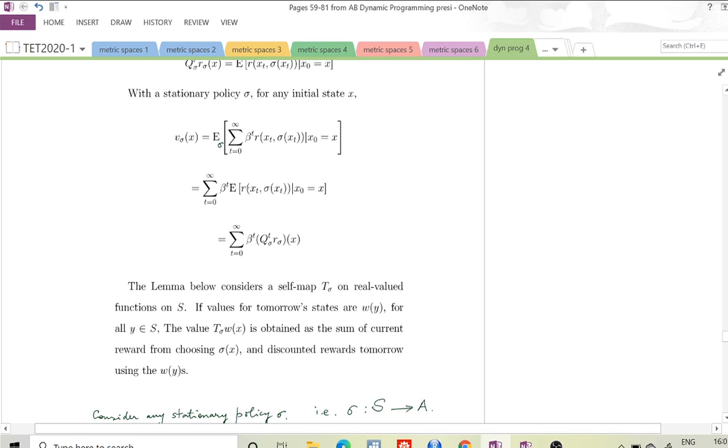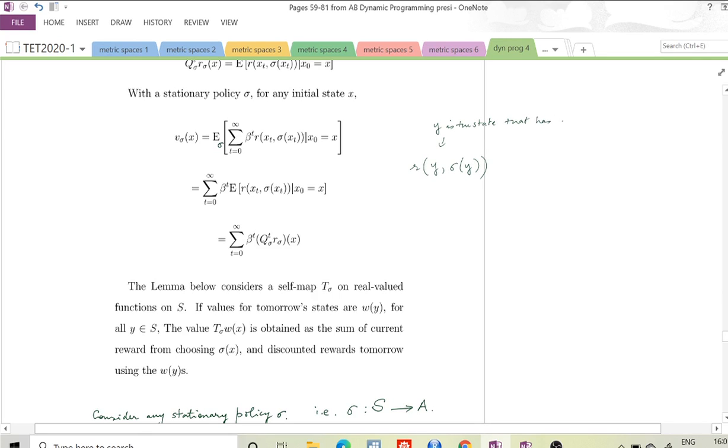So my payoff will be r of y, sigma of y, right? So this expectation says you take each r of y, sigma of y, where y is the state